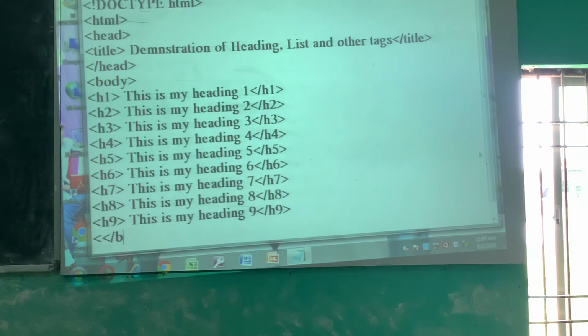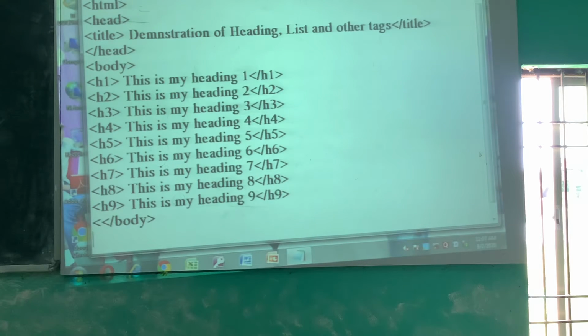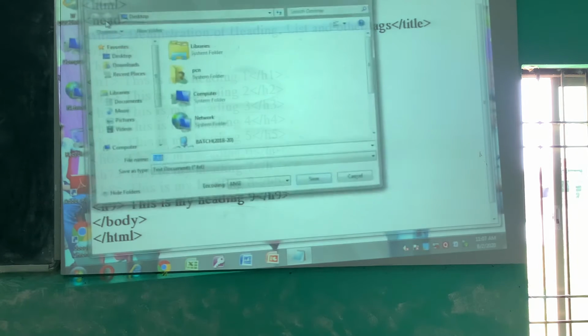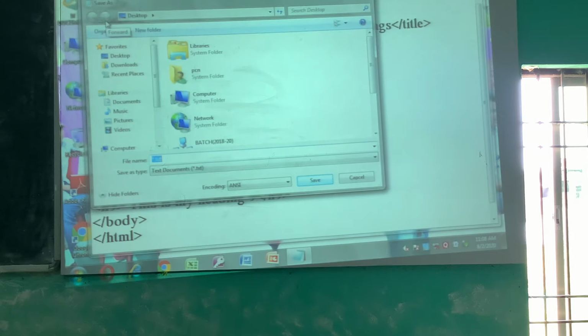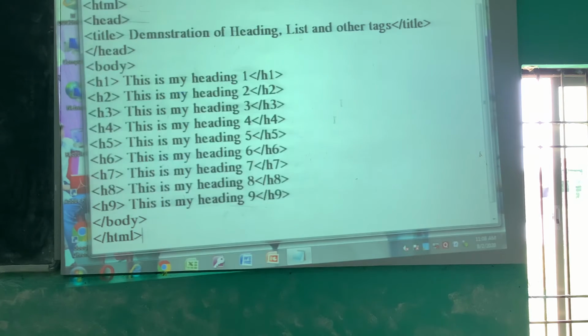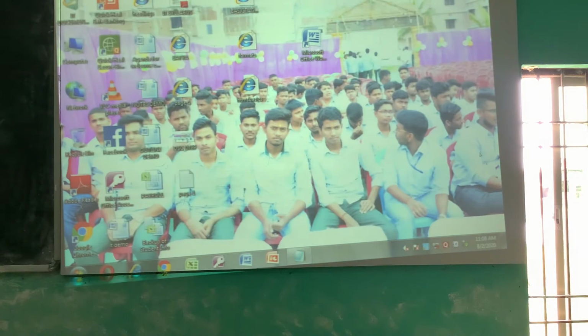Slash body, then slash HTML. Save it and go to the browser window.